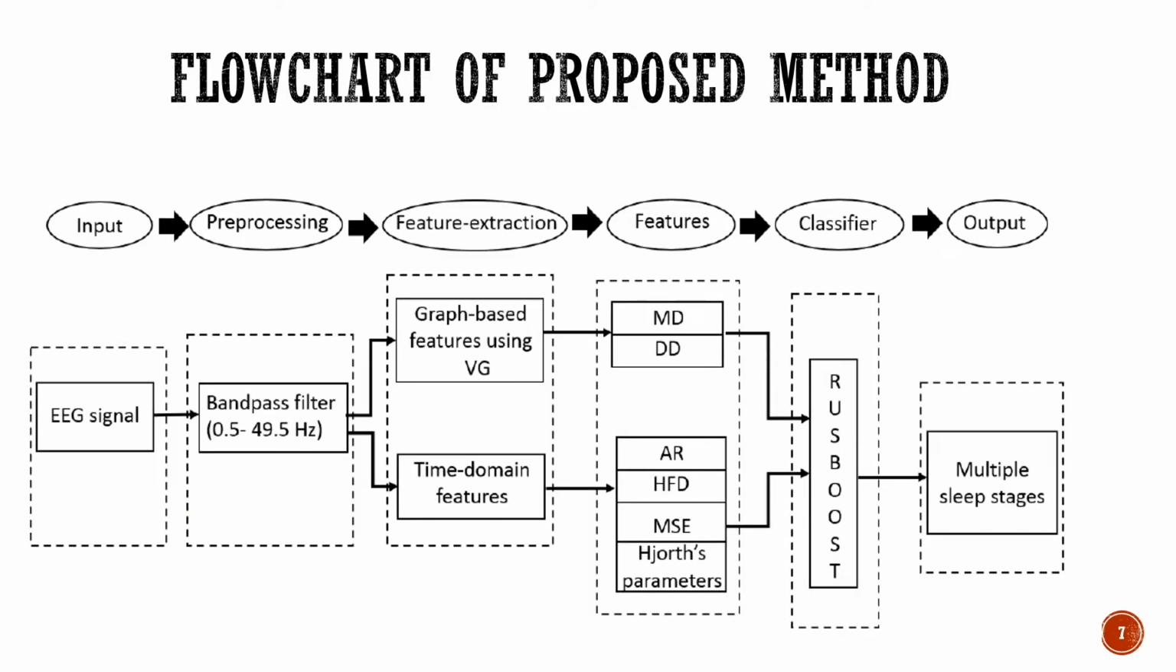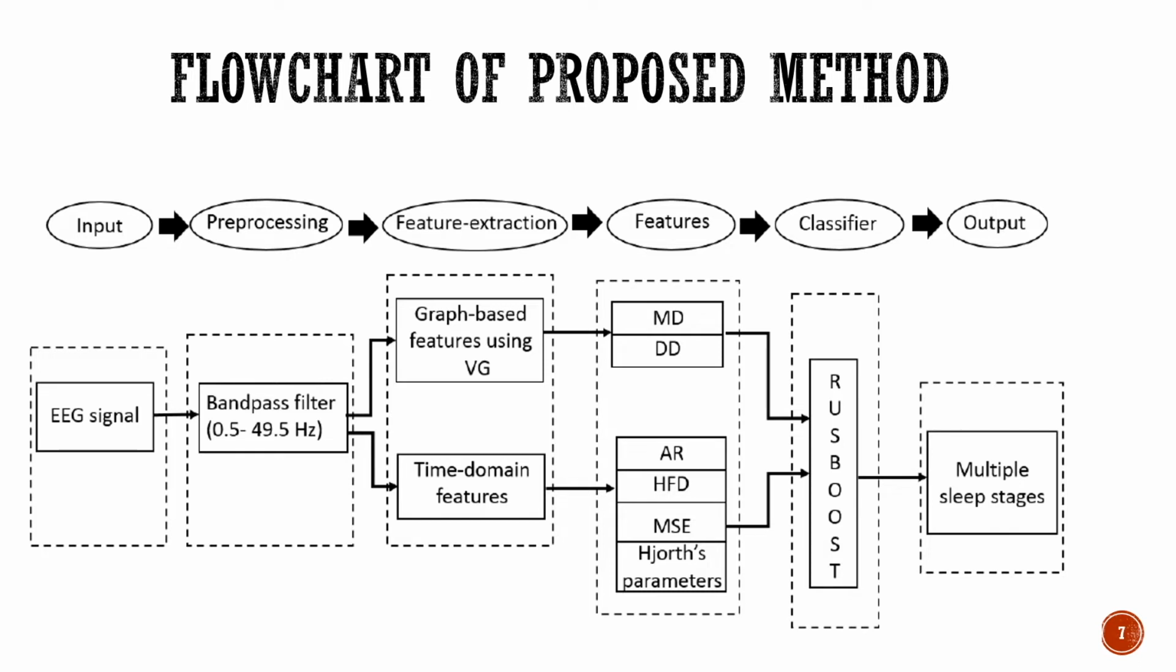Now this just explains the flow chart. As I mentioned, first of all, we have given a single channel EEG as input. Then pre-processing involves the bandpass filtering, for which we have used a Butterworth bandpass filter, and the frequency range is